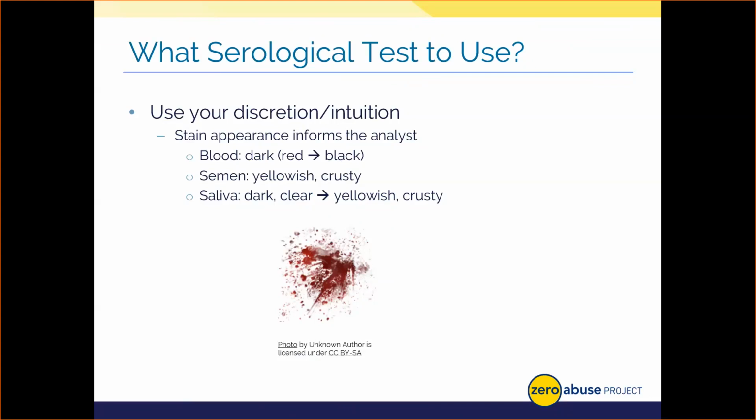Now, semen may be dark and almost clear or translucent even, or it could just be crusty and yellowish or brown, depending on, again, the depositing surface, age, the amount and concentration, and so on. Saliva is kind of a mixed bag regarding interpretation visually. It can be clear, it could be a dark appearing stain, or it might be yellow. All you need to do to look at a saliva stain is perhaps to take your pillow out from under your pillowcase if you need an example.